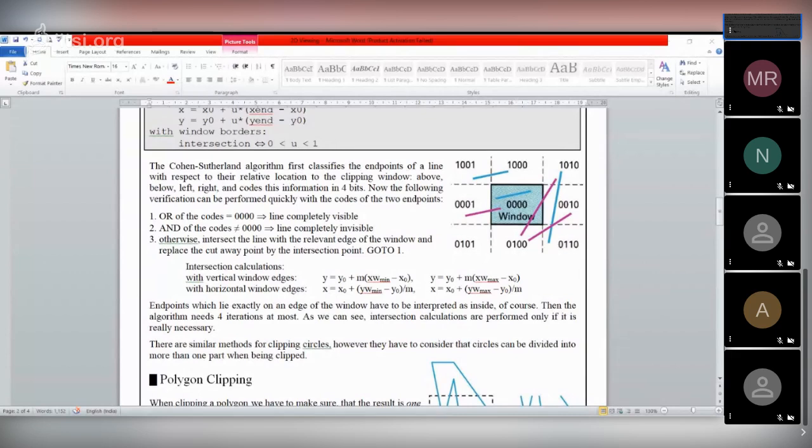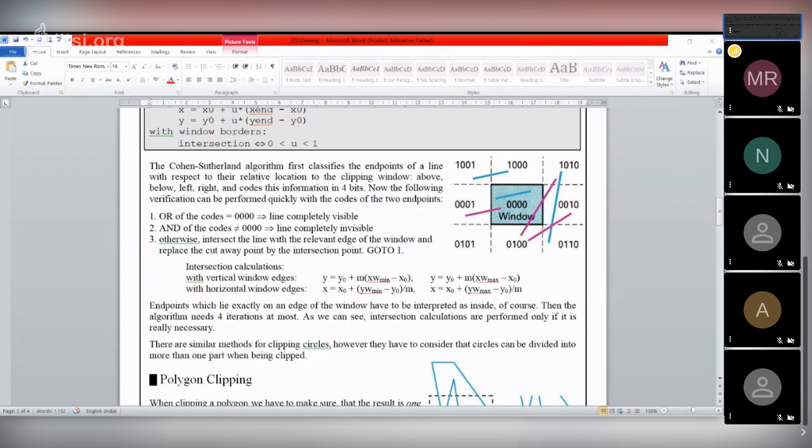Maybe the left region here, according to their reference, this is the left region and this is the right region. If you think that is the left region, then you may assign 1 here, or if you think this is the right region, you may assign 1 here. Anyhow, that depends on you. There is no specific rule where you should put the left, the right, the below, or the top values. This is completely dependent on your implementation.